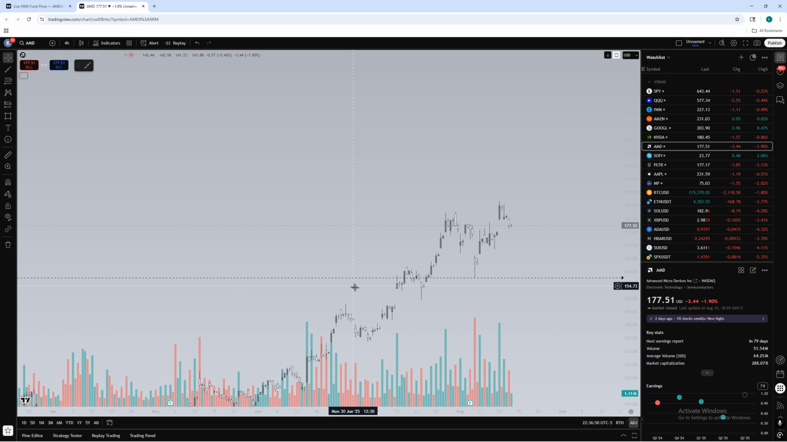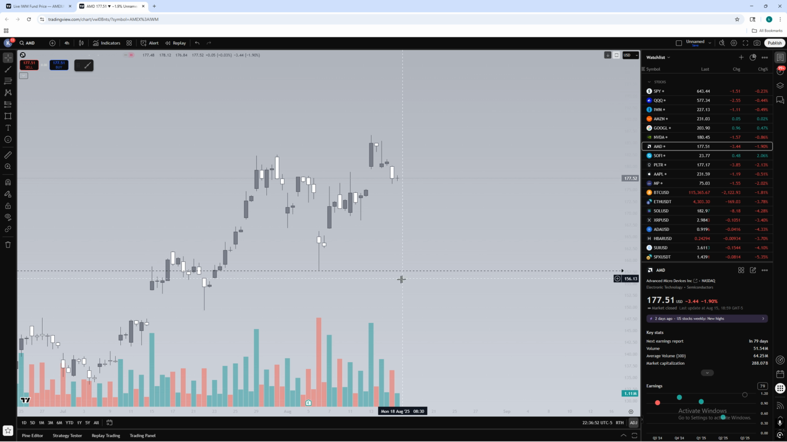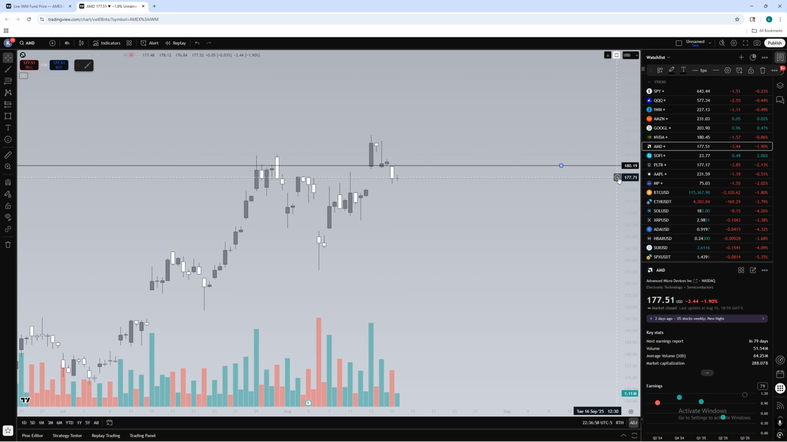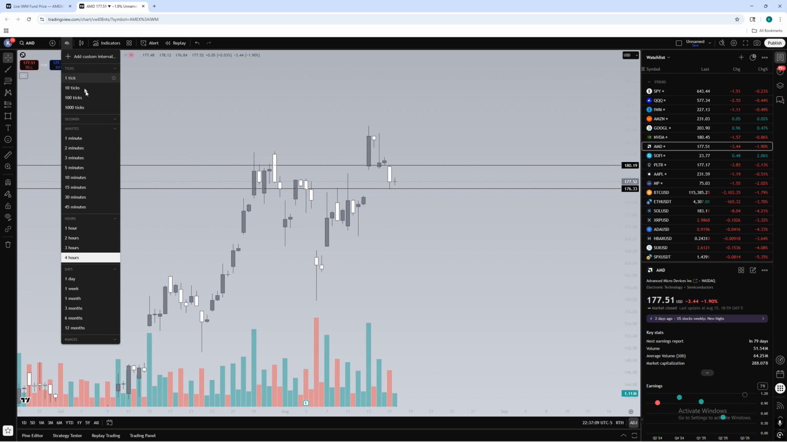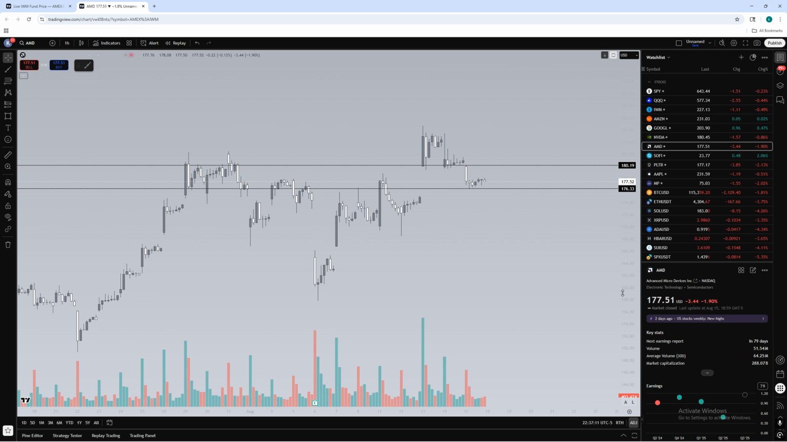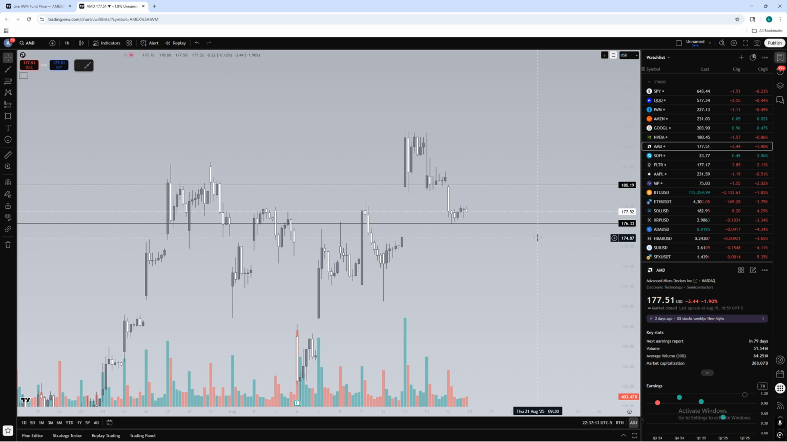AMD, let's see what we got for AMD. We do have a 4 hour inside. Right. Let's go ahead and mark that. Got that marked out. Alright, and we do have a gap, right? So we could come down, fill the gap, and then push back up,